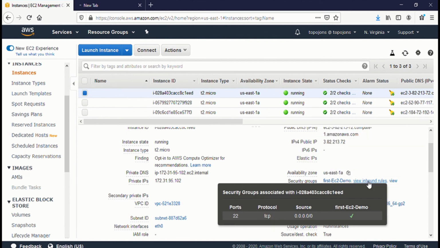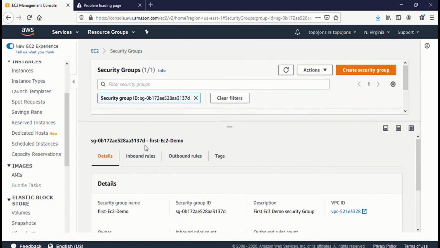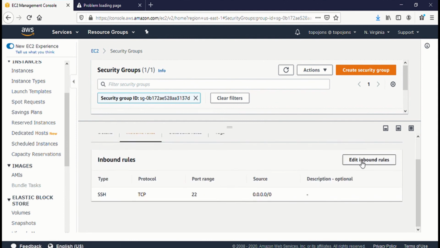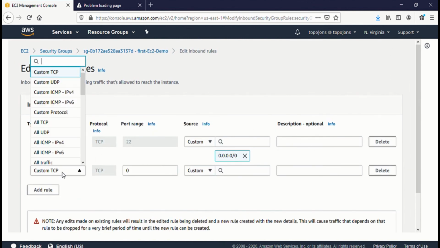Let's view the inbound rules. The inbound is only accepting port 22 from any source to our EC2 instance, and our Explorer or our Mozilla Firefox works on port 80 and 443. So we need to allow port 80 to our EC2 instance. So I just clicked on the security group. You go to inbound rules and click on edit inbound rules. We want to add port 80